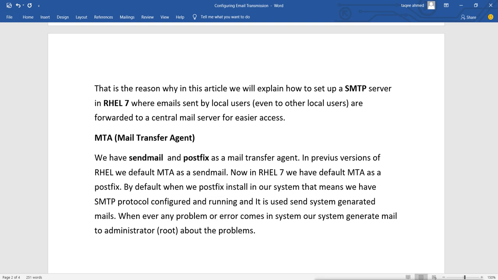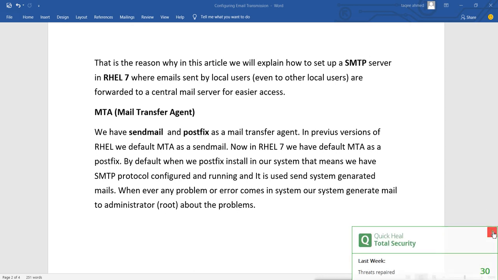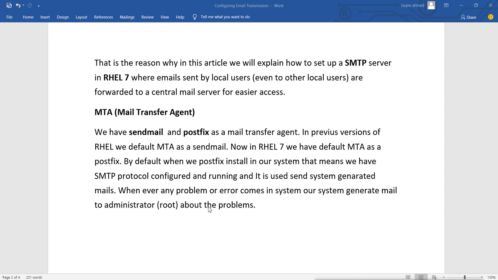So basically it does this. If we have Postfix installed, the SMTP protocol is configured and running, and it will be used to send system generated mail to the administrator root. If it is not installed, the system still generates the notification, but it only goes to the logs.